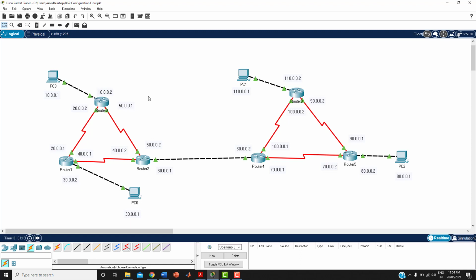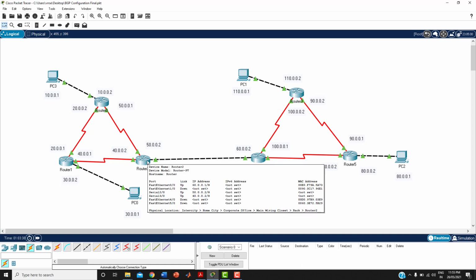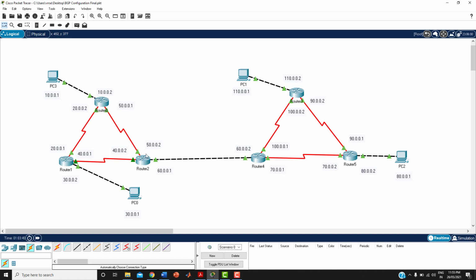So we are going to configure a default route in these routers, that means router 3, router 5, router 0, and router 1. So if any packets with the destination of 110 or 100 or 90, I'm going to forward it to this router. Okay, so that is the concept we are going to do now.